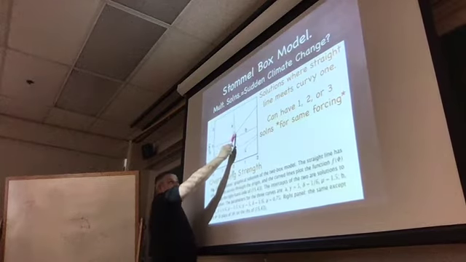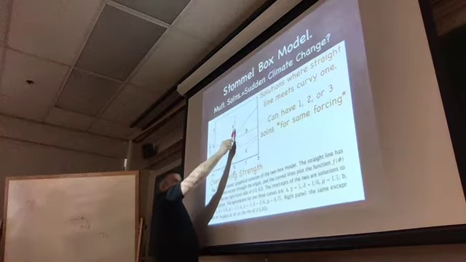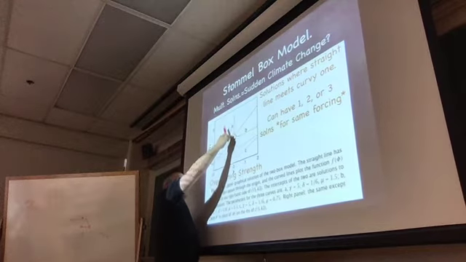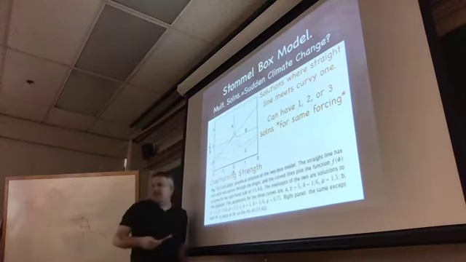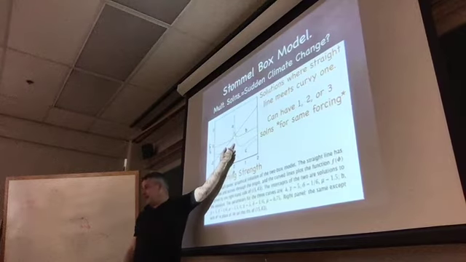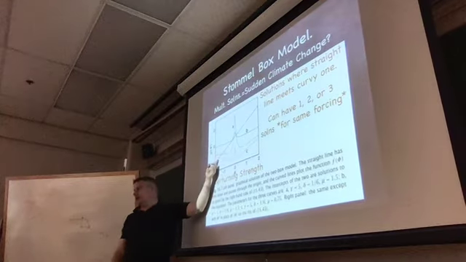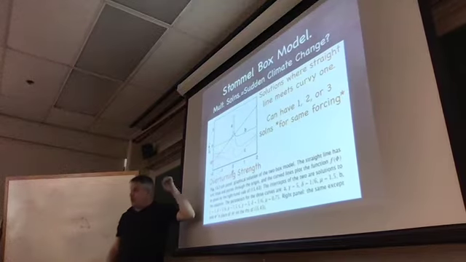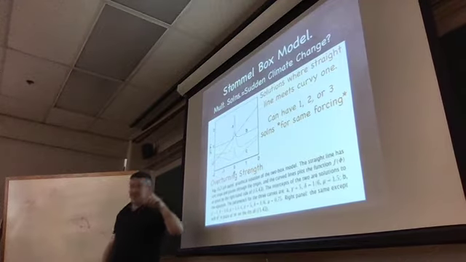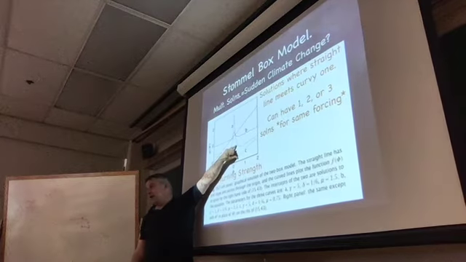If I start out here, I would start heading up this peak as the peak comes down, but eventually the peak is going to cross that line and disappear, and then I don't have that solution anymore. So what will I do? Collapse to the other one. I'd zoom down to this one. So there would be an abrupt climate change at the moment that that peak crossed the line